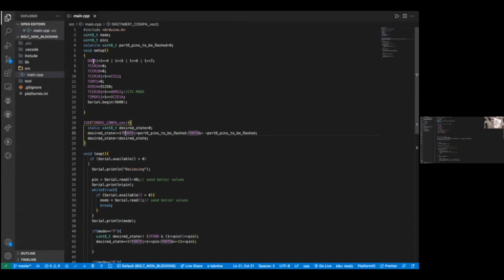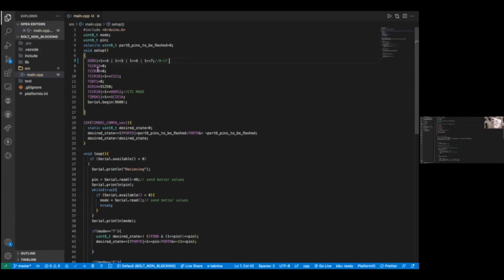First, what I told you about the data direction registers, right? DDRD corresponds to pins 0 to 7. By doing 1 left shift 4, 1 left shift 5, 1 left shift 6, 1 left shift 7, bitwise ORing these, and then bitwise ORing with the register, we are setting these pins as outputs. It's the same as if you had written the pinMode function: pinMode 4 comma OUTPUT, 5 comma OUTPUT, like that.